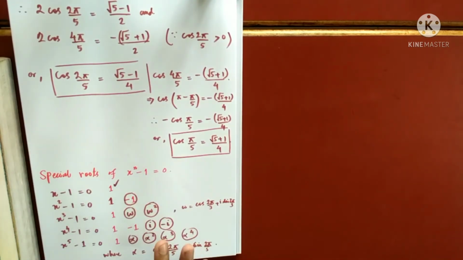So whatever I did here, that is the definition of a special root. I'll write down. Yes, Bharat. What is the definition? Alpha is a special root of x to the power n minus 1 equals to 0 if and only if alpha is not a root of x to the power n dash minus 1 equals to 0. What is n dash? N dash is strictly less than n. It should not be a root of the lower powers.